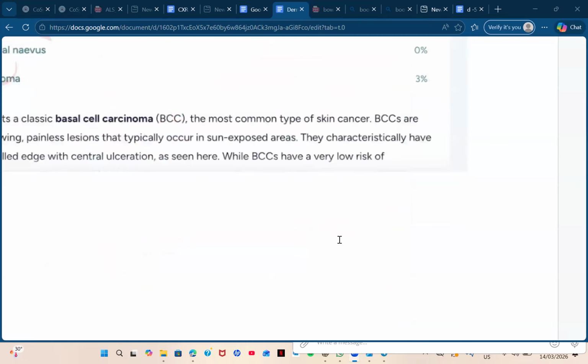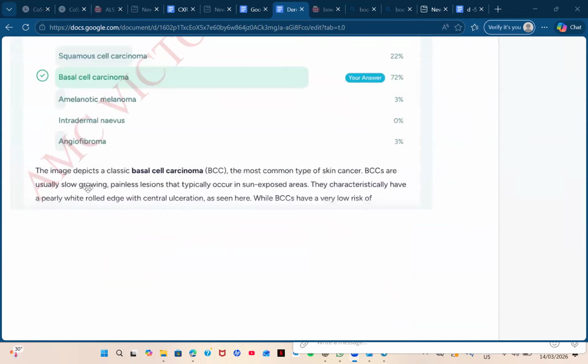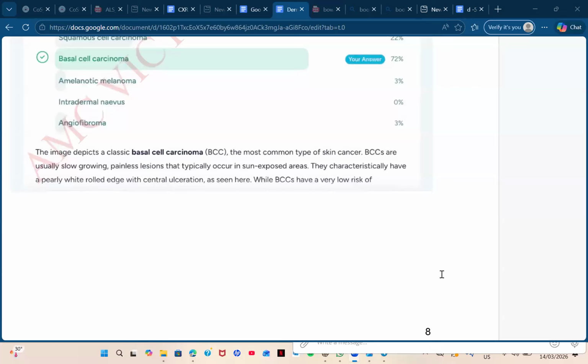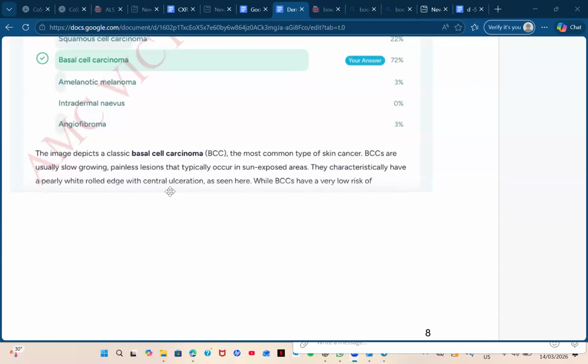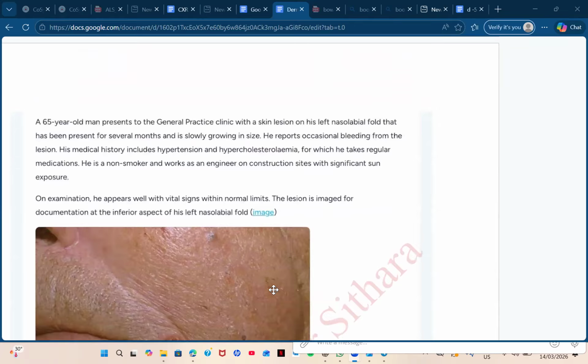Let's see. This image depicts classic BCC, the most common type of skin cancer. BCCs are usually slow growing, painless lesions that typically occur in sun exposed areas. They characteristically have a pearly white rolled edge with central ulceration, as seen here. While BCC has a very low risk of